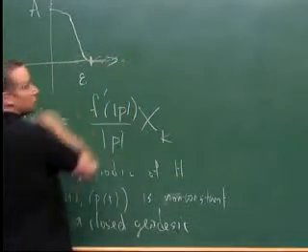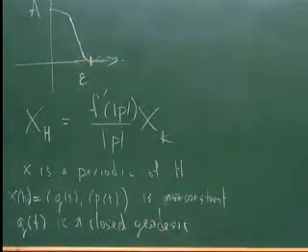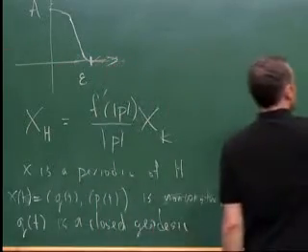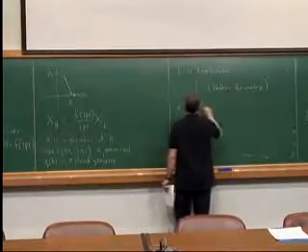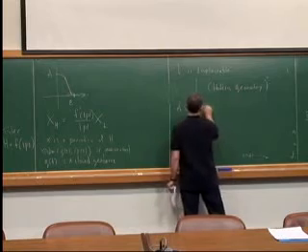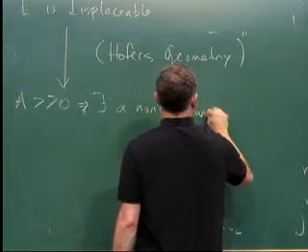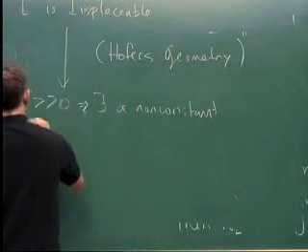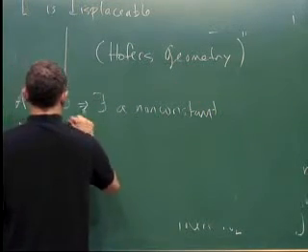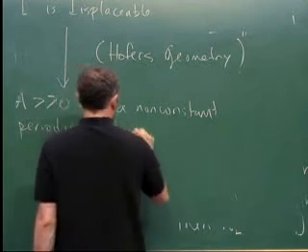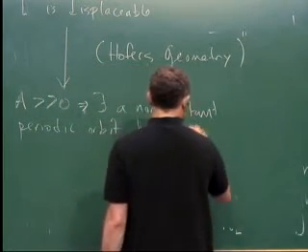We have, of course, all these constant orbits here. So for A sufficiently large, there exists a non-constant periodic orbit of H, let's say X,